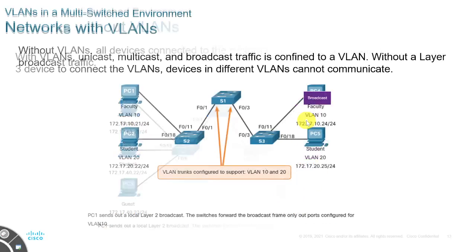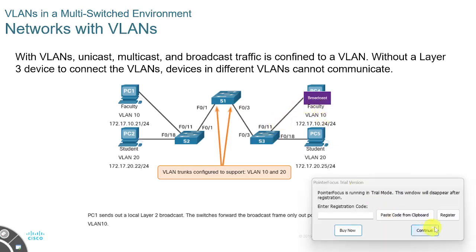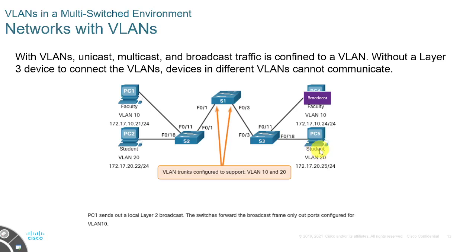However, if we use VLANs here, the traffic will be specific. So if it's a trunk here or configured as a trunk, the switch will transmit the broadcast for the faculty, but not for the student. And also here, because it differentiates the frames based on some